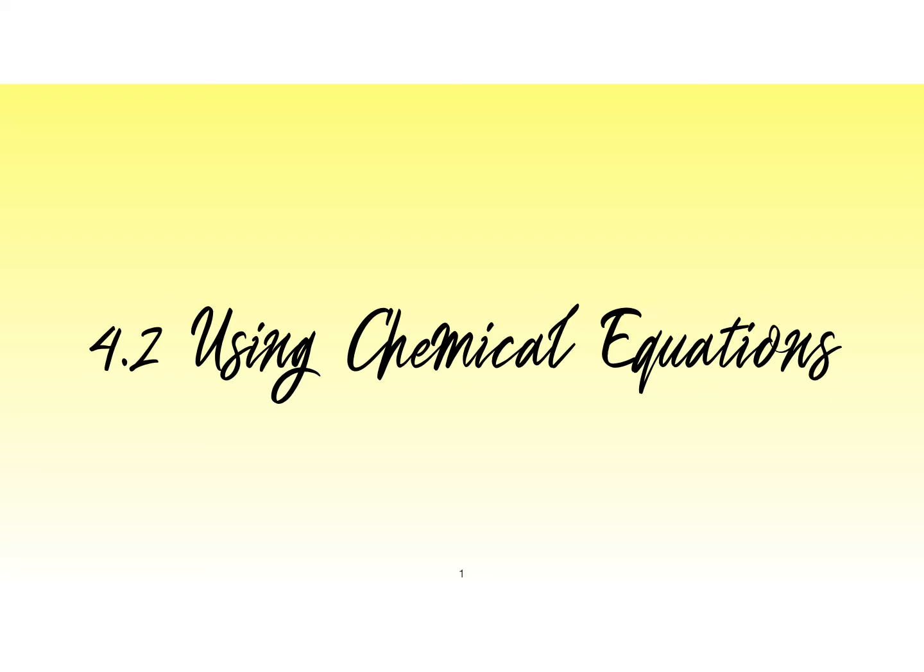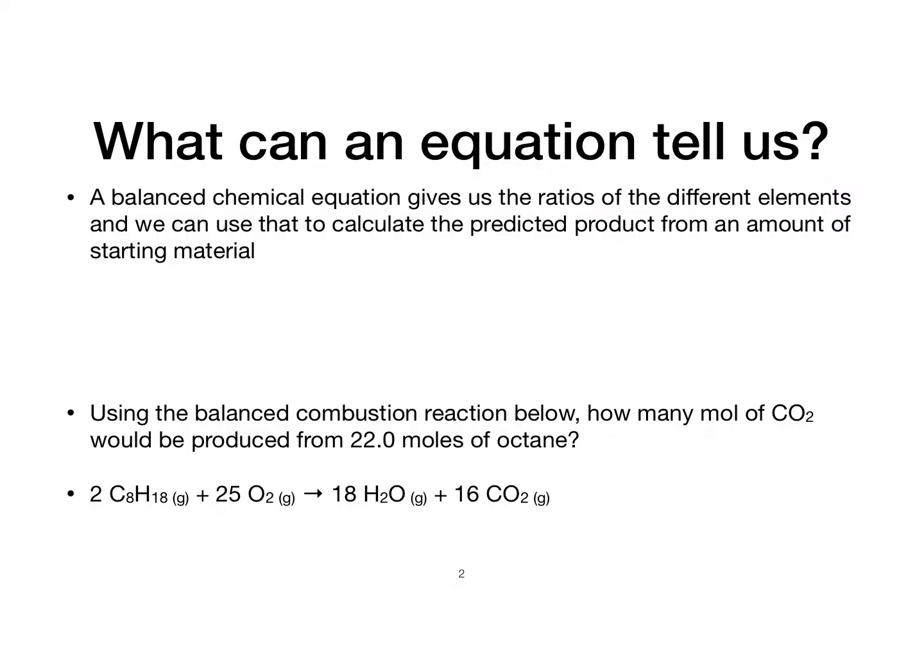In this video, we're going to think about using chemical reactions. And so what we want to think about is not just how they can balance and what they mean, but how we might be able to use that in a chemical situation or in a chemistry lab. So what can an equation tell us? We know that an equation tells us the ratios of the different elements, and we can use that to calculate